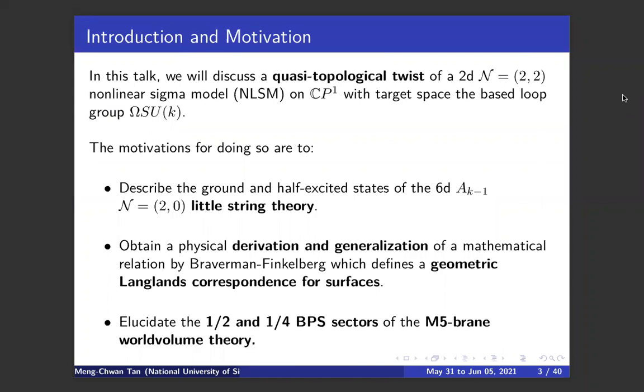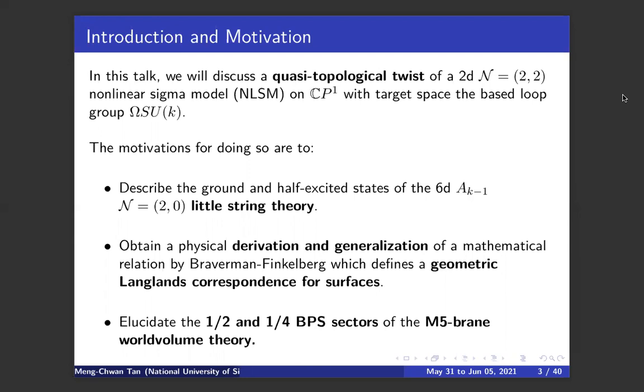In the topological case, they are described by Dolbeault cohomology classes in the A model, and de Rham cohomology classes in the B model. This is all very well known, and these two models, the A and the B, are linked by mirror symmetry. That's in the topological case. There is some kind of mirror symmetry for the quasi-topological case too, but we won't talk about that today. The purpose of studying this quasi-topological twist is that we want to use it to study the following.